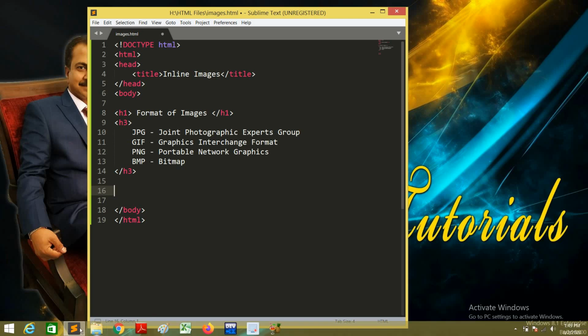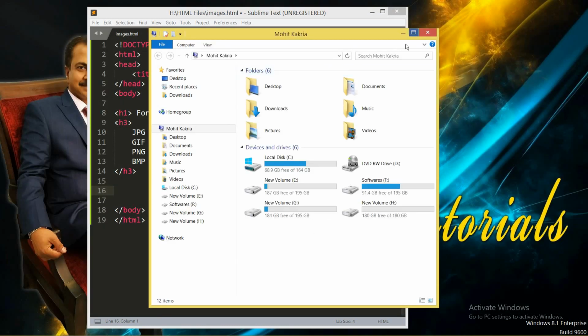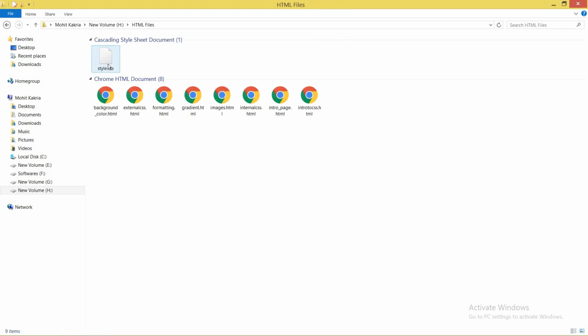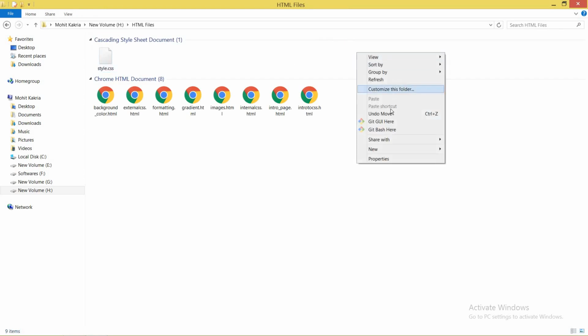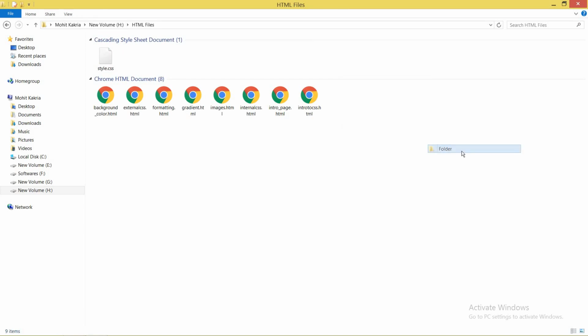Just see, if I open my computer, you can see I have a folder in my H drive called sample images. This is my working folder for HTML files. I am working in this particular folder and saving all the files in this folder only. Before setting the images, go to the main folder and make a subfolder by right-clicking and choosing new.